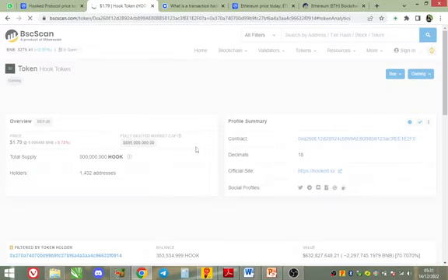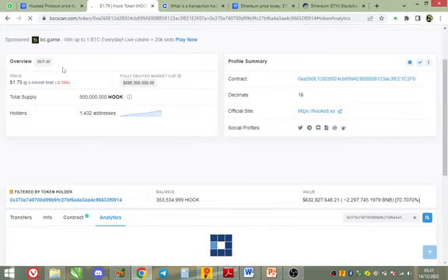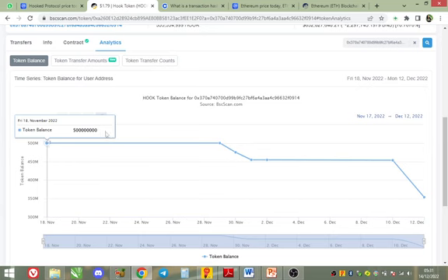I just click on analysis on this particular holder. So now this is the analysis of this particular holder. As you can see, the token balance of this holder is from 18th November. This holder has been holding the token from 18th November. What does that really mean? If you can see, the balance it has been holding was